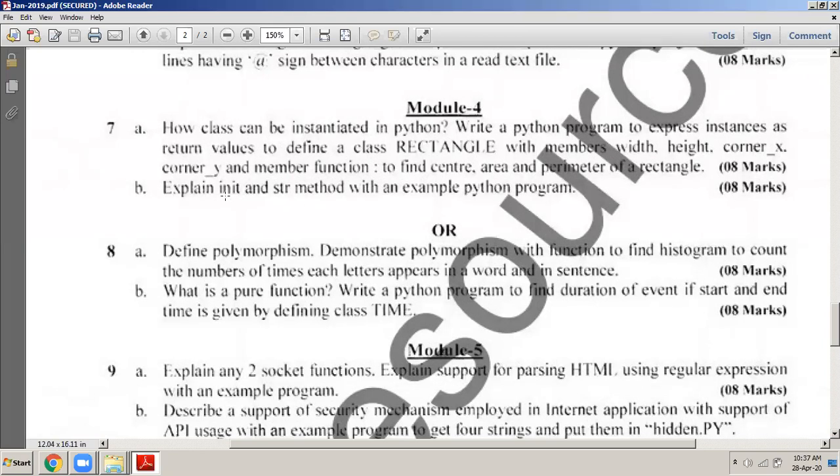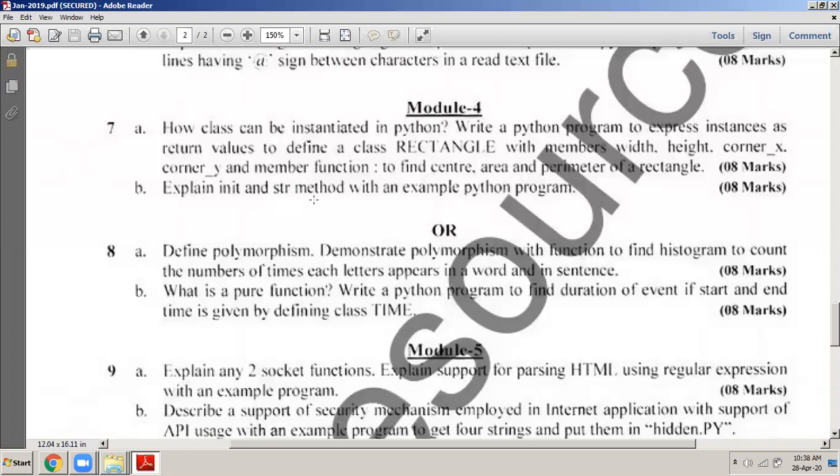This is nothing but the constructor. This will get executed automatically when the object of the class is created. Then you have the str method. Why do we use the str method? If you want to give some string format of the class, if you want to explain exactly what the class is, you can define that in the str function. Same way here also we write underscore, underscore, str, underscore, underscore, and then the parenthesis. And what will this str function return? It will return back some string form of the class, some explanation about the object. Okay, now remember the str method, a very useful method which will execute automatically when the object is printed.